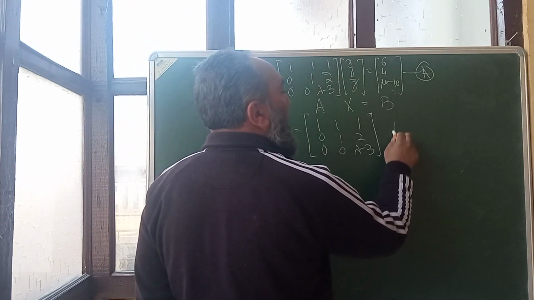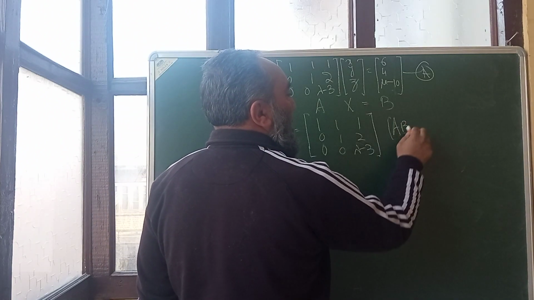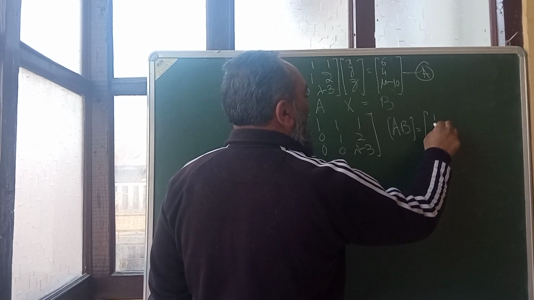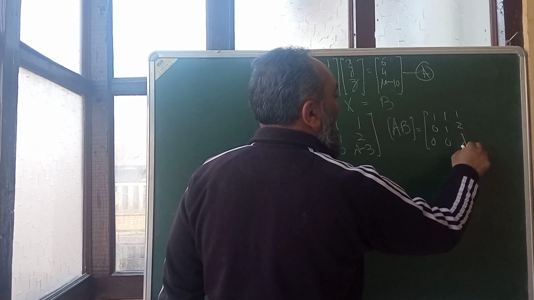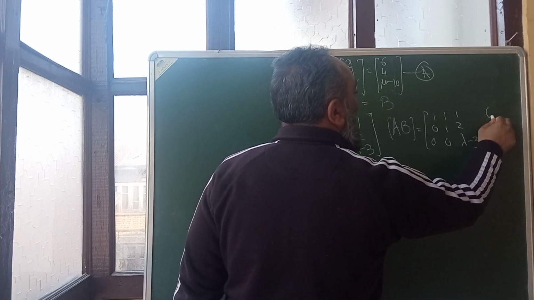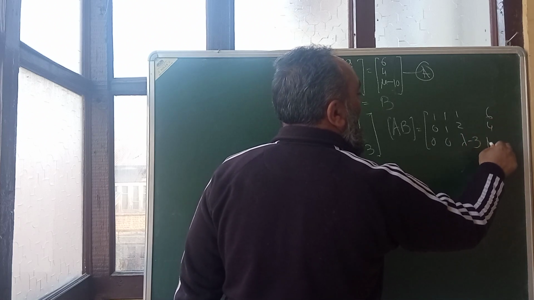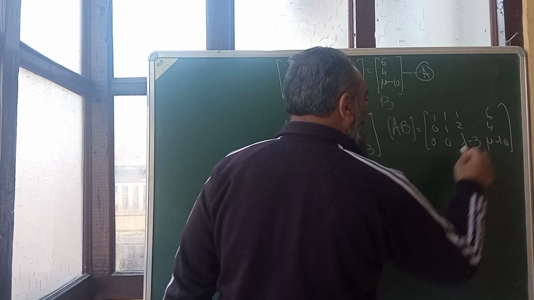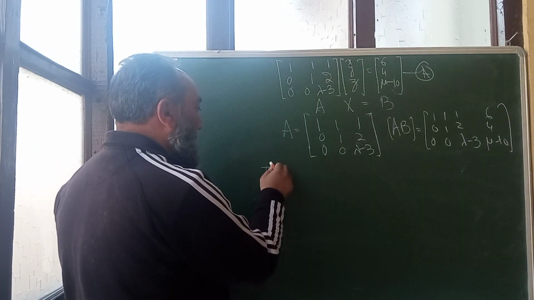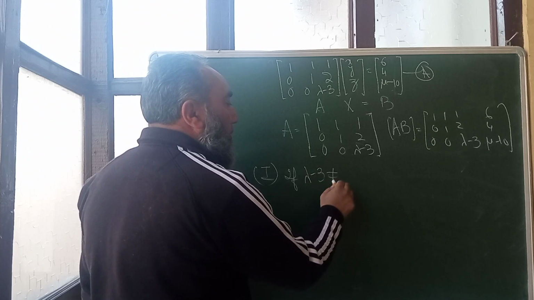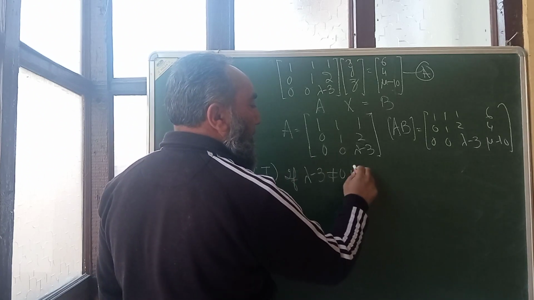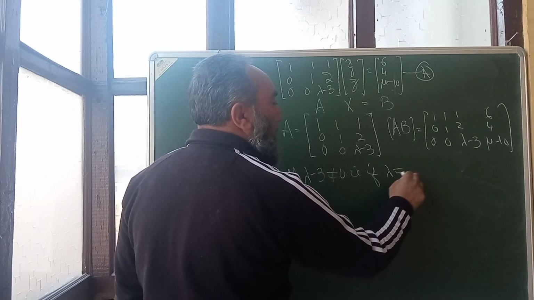And your matrix AB is 1, 1, 1, 6; 0, 1, 2, 4; 0, 0, lambda minus 3, mu minus 10. Now let me take case 1. If lambda minus 3 is not equal to 0, that is if lambda is not equal to 3,